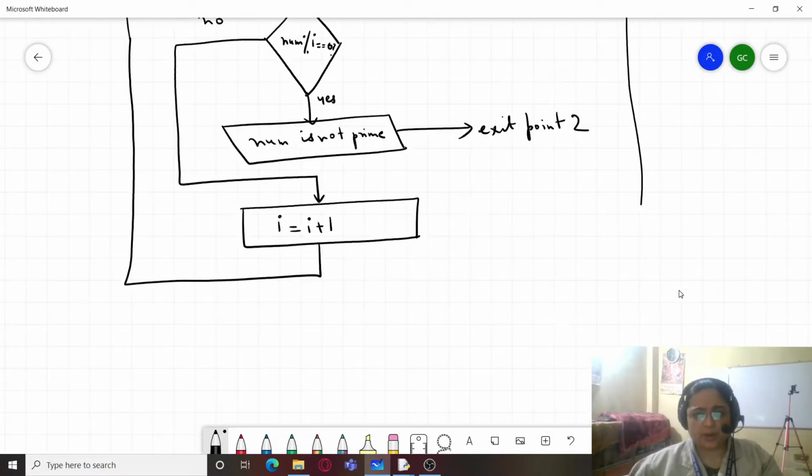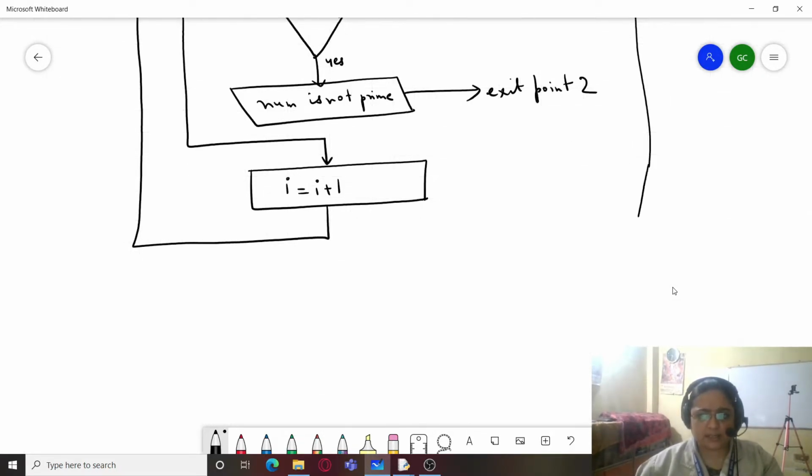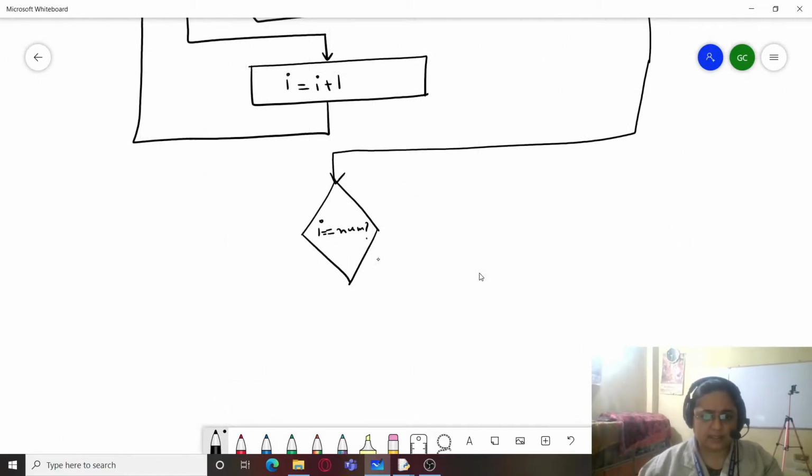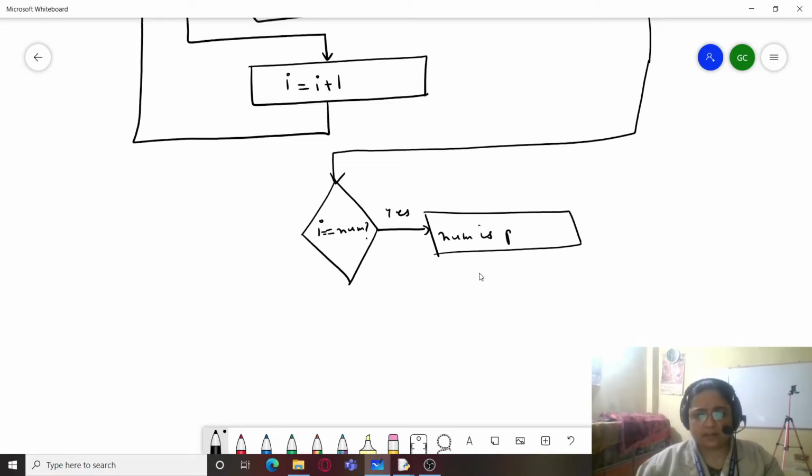And this exit point 1 will take us to the next set of statements, which is again another condition, that is I equal to num. So if I is equal to num, that is if both are equal, then we will simply print num is prime.